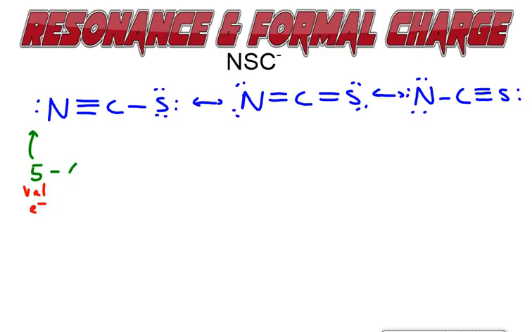And then I'm going to compare to what they are doing with their electrons. So they have 2 unshared. And then they have 3 bonds. So 5 minus 5, I have a formal charge of 0,